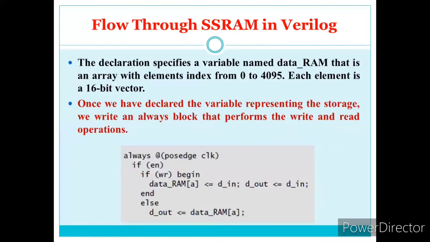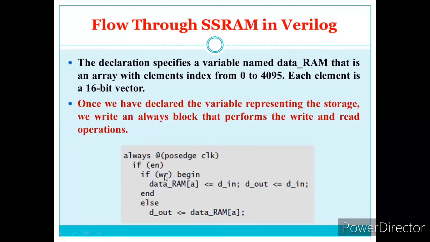Okay, clear? So let us see in an example how it can be written in the flow through SSRAM concept. Now, if you observe, we have declared the memory from 0 to 495, each of 16 bits. How can it be written as a flow through? In the Verilog program, as the sensing signal is only the clock, we say that the program is a synchronous design. And here, this is a synchronous design of SSRAM.